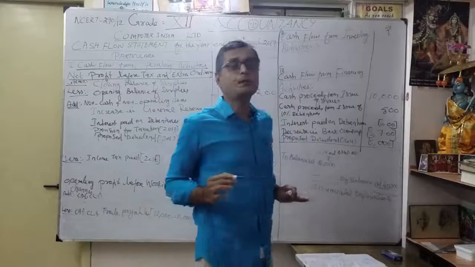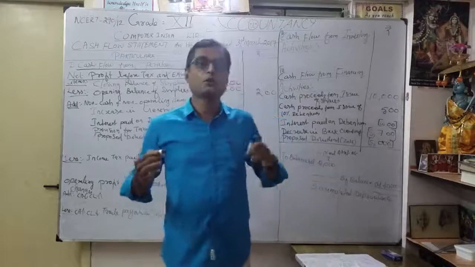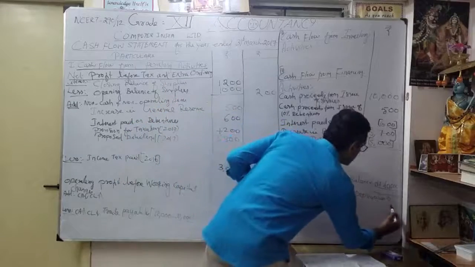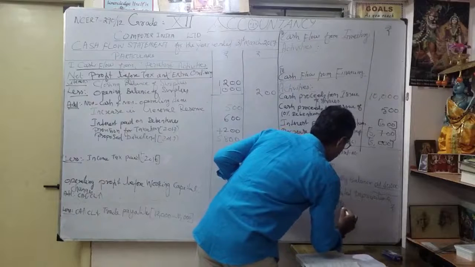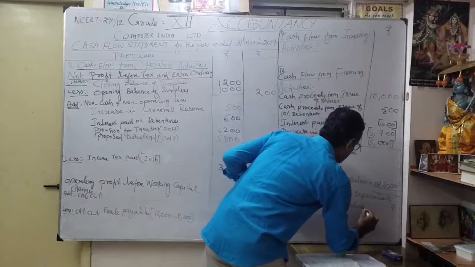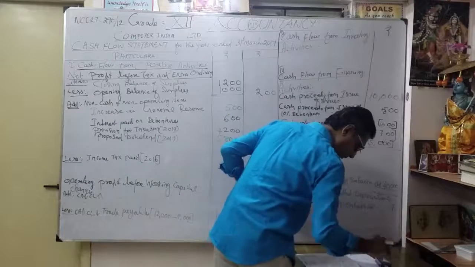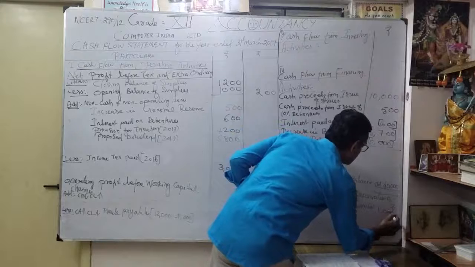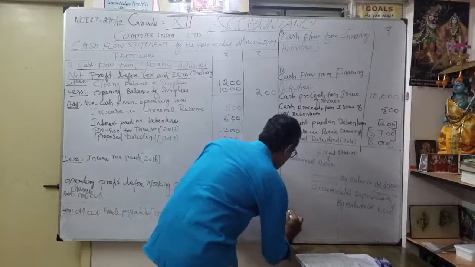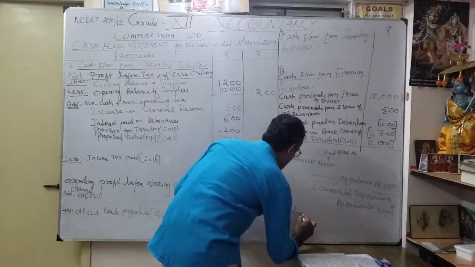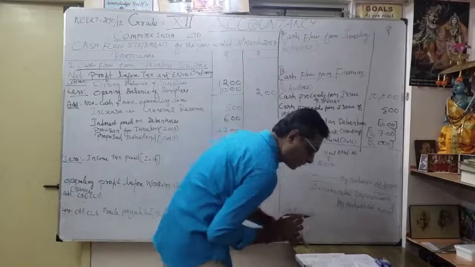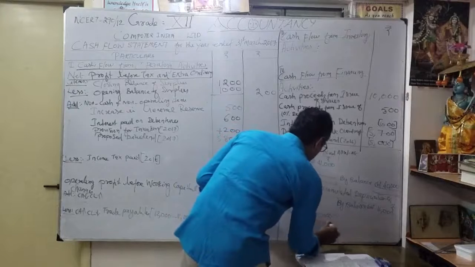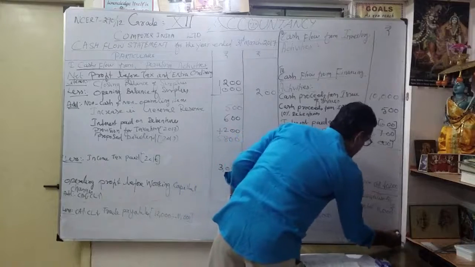Similarly, you want to open the accumulated depreciation account. You know, accumulated depreciation opening balance comes under the credit side. Here we are going to write by balance brought down, 11,000. Right? That's our opening balance. Similarly here, to balance brought down, how much? 15,000. Okay, 15,000. Now we will see what will happen.